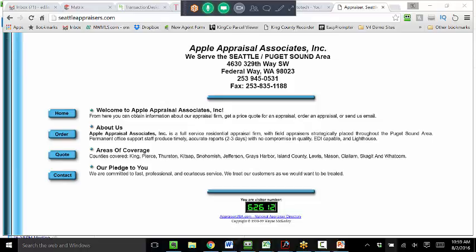Well, part of my argument with the lender is, it wasn't our choice to go with this appraiser. You went with him, and if he dropped the ball, it's not our fault. And by the way, they told Tim back on July 15th, if you can get all these conditions that we asked for, we will not do a